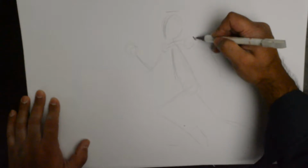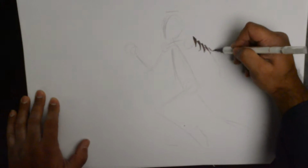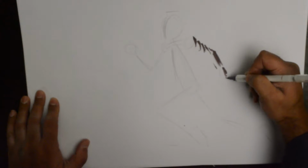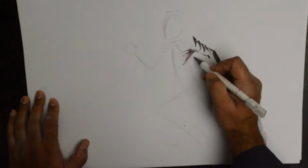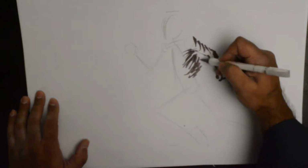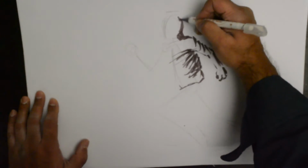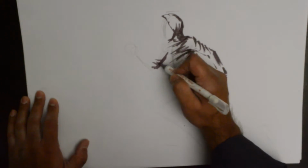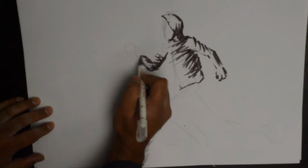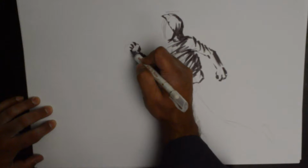I'm going to have a light source coming from there, so it's all hitting the dark tones on the opposite side of the light source, and I am just putting in with a brush some simple tones to put our runner together. So let's say that he has a running jersey on,